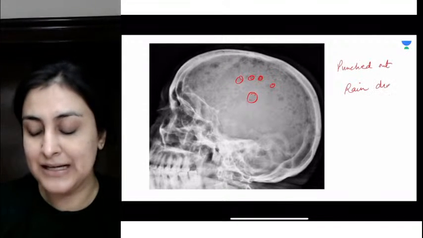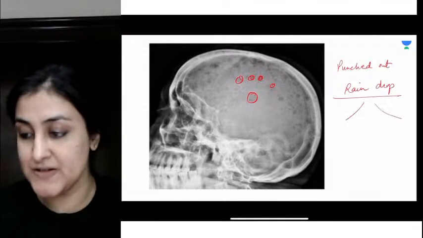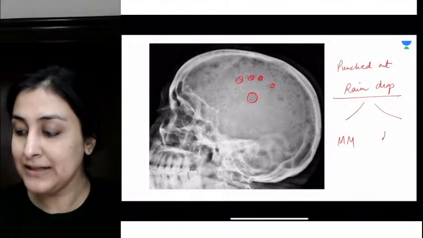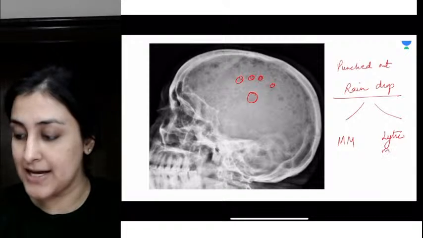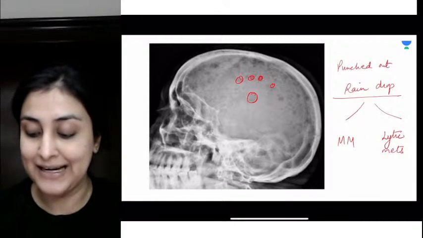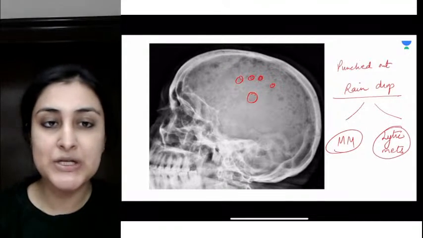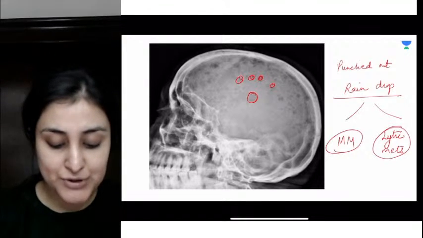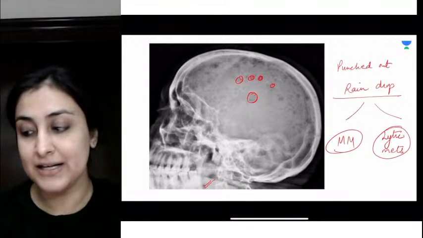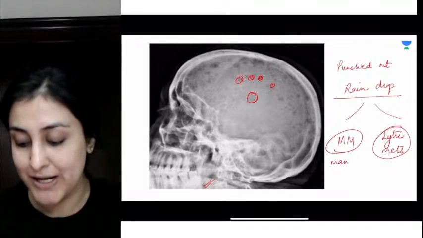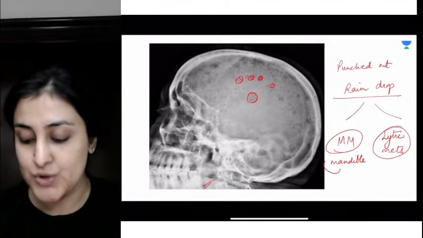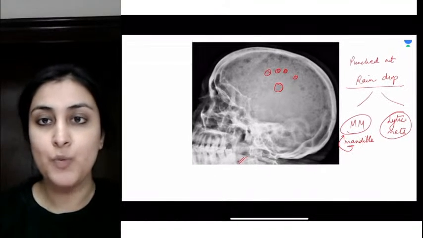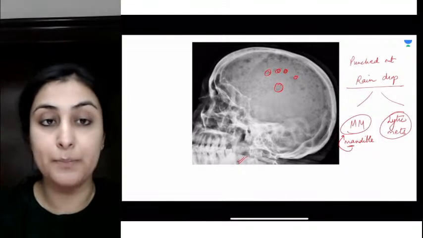which is a frequently seen manifestation in two diseases. Wonderful. One is multiple myeloma. The other one can also be lytic metastasis, isn't it? It can also be lytic metastasis. Any way to distinguish? Very difficult. Both are possibilities. Although, if you see the mandible, it isn't visible here, but if they tell you that the mandible also has lytic lesions, then it goes in favor of M for multiple myeloma. Okay, so this is how punched out lytic lesions will appear.